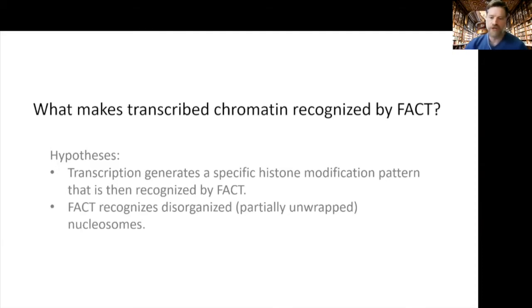As I mentioned earlier, one can imagine that histone modifications achieved co-transcriptionally, like histone acetylation or trimethylation of K36 or K4, may recruit FACT. So we've tested these again systematically with a bunch of mutants, and we really cannot find any evidence that genome-wide there's a major contribution of these histone modifications on FACT occupancy. So the model that remains is that transcription, by distorting nucleosomes, may allow FACT to recognize its substrates. And again, this is supported by a lot of in vitro data and also by a paper from Ben Martin